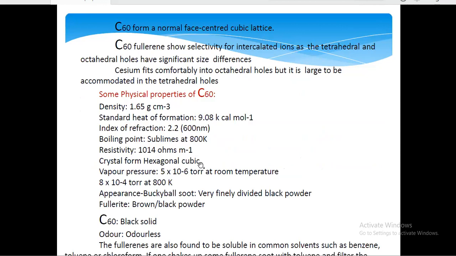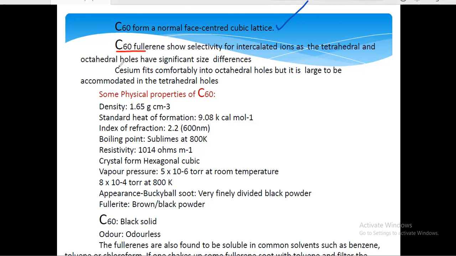Okay. C60 forms a normal FCC structure. These are the points which you must keep in remembrance. Okay, you must remember these points. Let me annotate this. Yeah, so C60 forms a normal FCC cubic lattice structure. Okay, so keep this in mind. Also this, that C60 fullerene shows